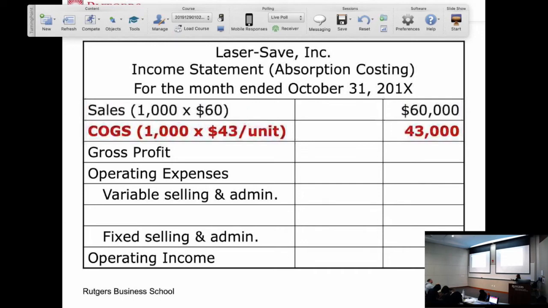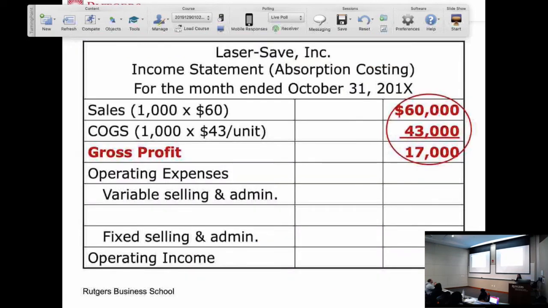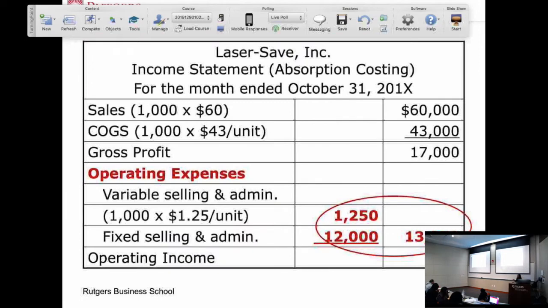Because we sold 1,000 units, and each unit has the cost of $43, from the absorption costing. So that's the cost of goods sold, and then we subtract all the S&A, both the fixed part and the variable part. So the operating income is